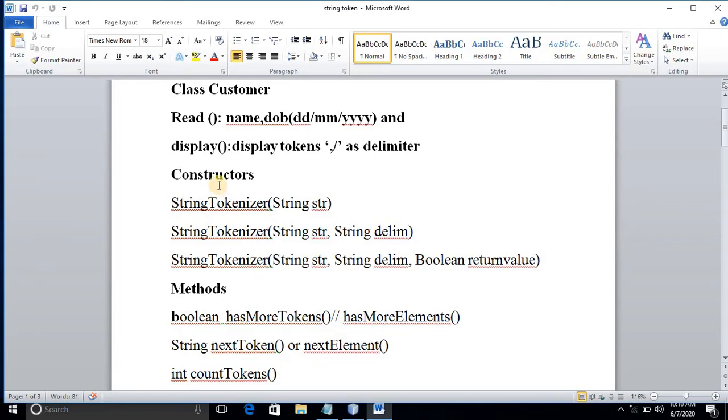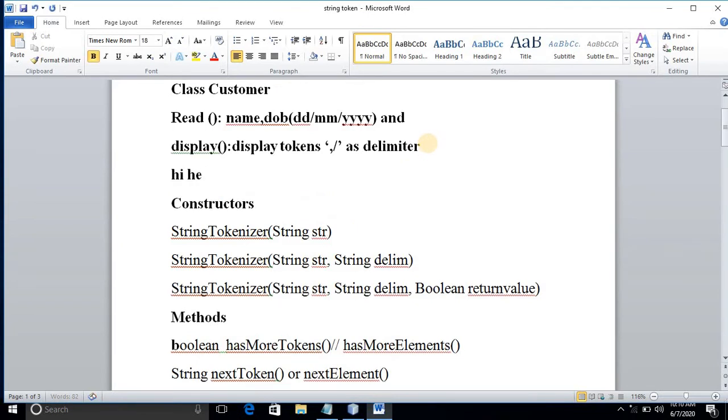For example, if I give the sentence "hi, hello, how are you?", in this, hi is one token, hello is one token, how is one token, and are and you are tokens. So the smallest words are known as tokens.